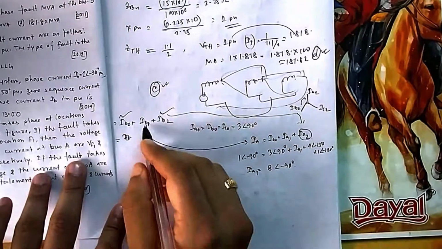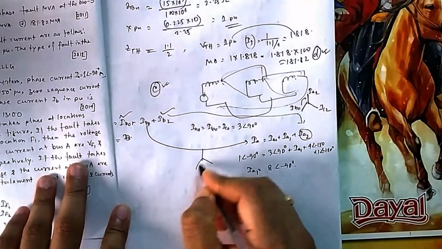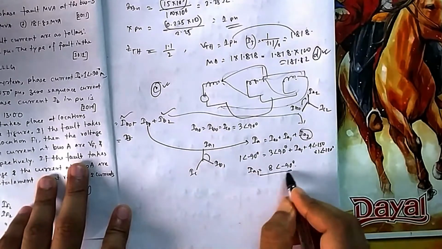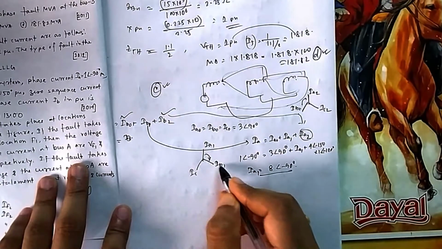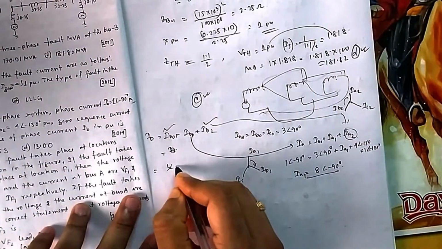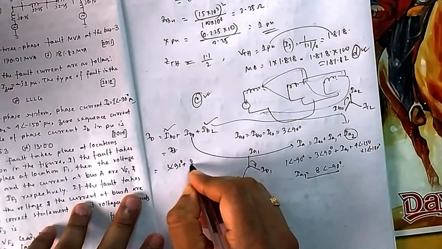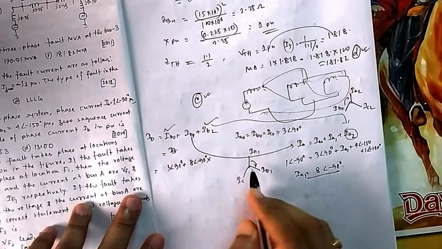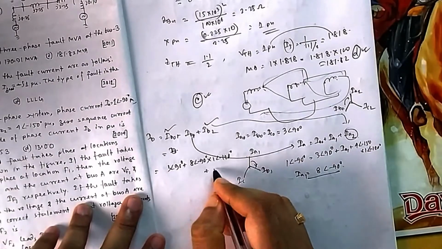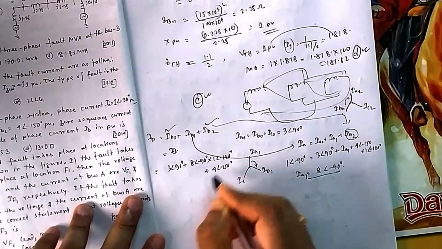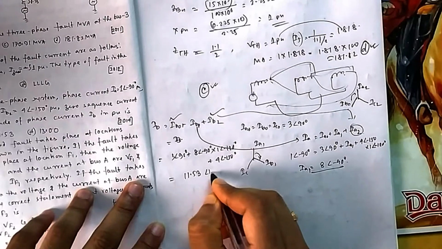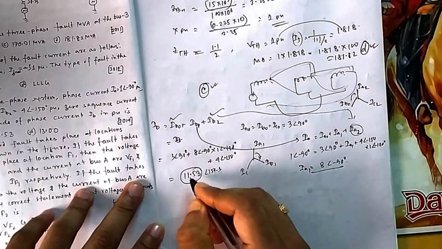Once you know IA1, then you can know IB1. So again you draw the positive sequence. It is IA1, IB1, IC1. You know IA1, you want to go to IB1, so you are going back. So again you will multiply by 1 angle minus 120. So finally you put in all these values. It will be 8 angle minus 90 multiplied by 1 angle minus 120, for IA1 to IB1, and IB2 is already given as 4 angle minus 150. So again you have to do this calculation. Once you do, you will get 11.53. Angle doesn't matter here, because they are asking in per unit. That is your option C.